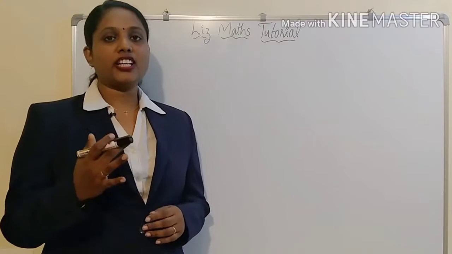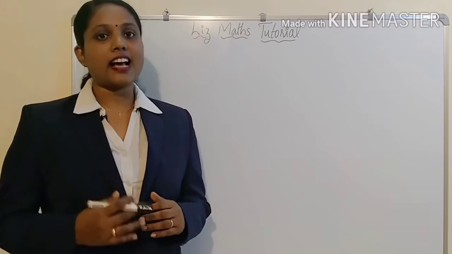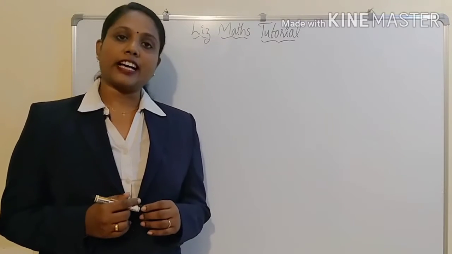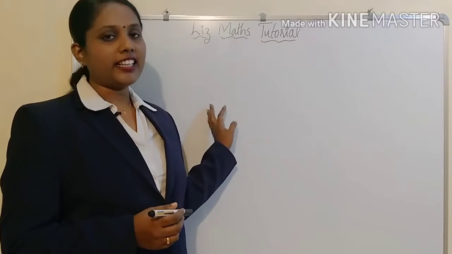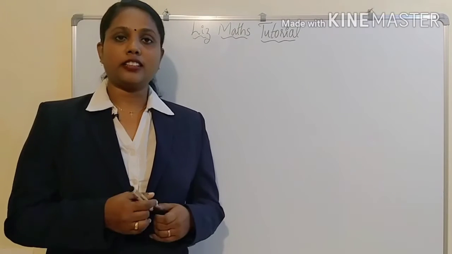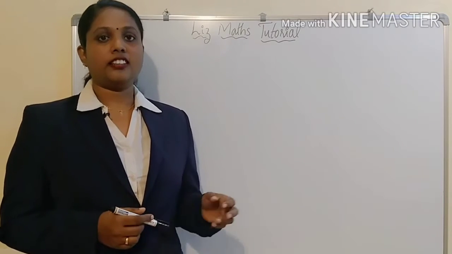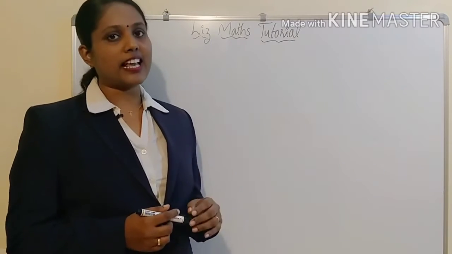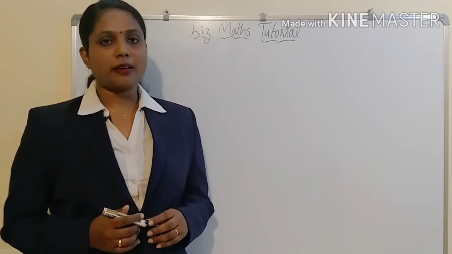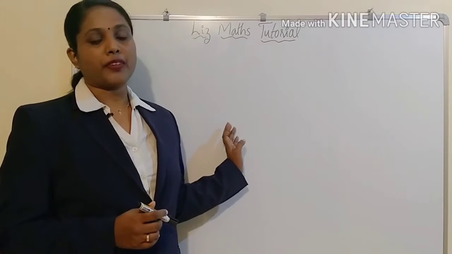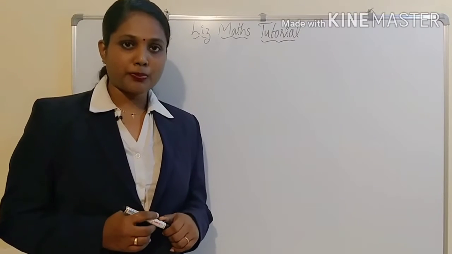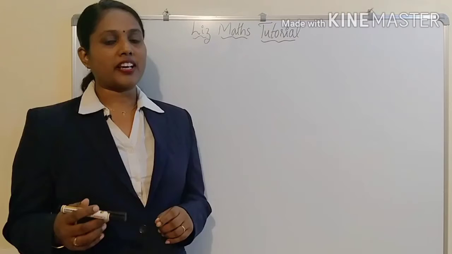Maths tutorial. Today we are going to learn the last portion of the arithmetic chapter, arithmetic progression, in that finding the sum of the nth term of an AP. Here we have seen already the three examples. Three more examples remain. That completes this chapter. So there are some exercise problems, so you can try them.